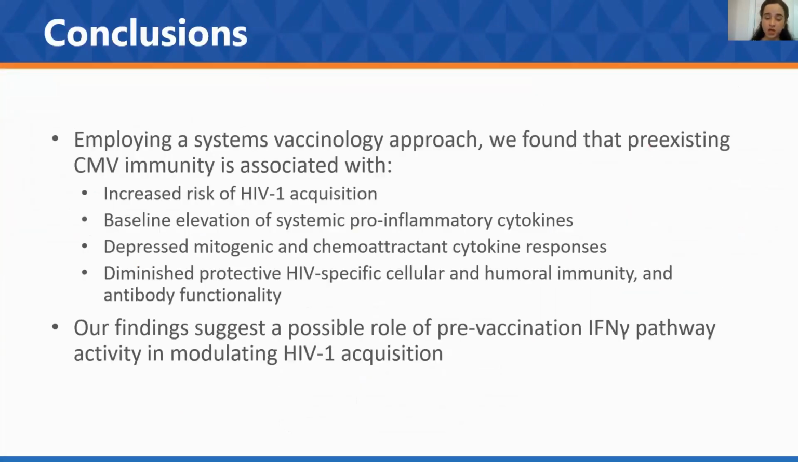The conclusions were that what we did was employ a systems vaccinology approach, and we found that pre-existing CMV immunity is associated with increased risk of HIV-1 acquisition. The baseline elevation of systemic pro-inflammatory cytokines, depressed mitogenic and chemoattractant cytokine responses, and diminished protective HIV-specific cellular and humoral immunity and antibody functionality. And our findings suggest a possible role of pre-vaccination interferon gamma pathway activity in modulating